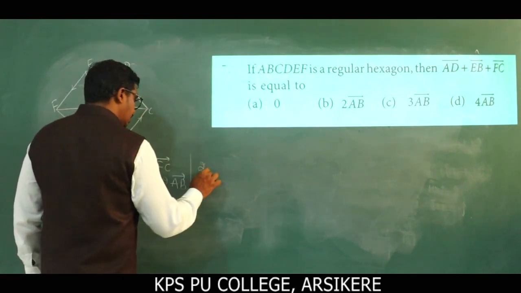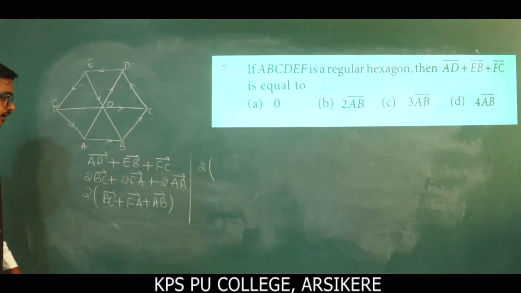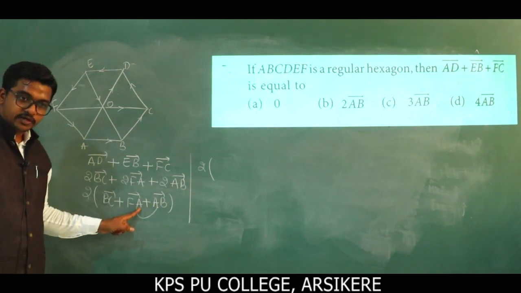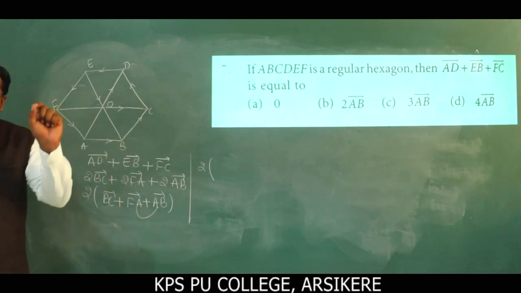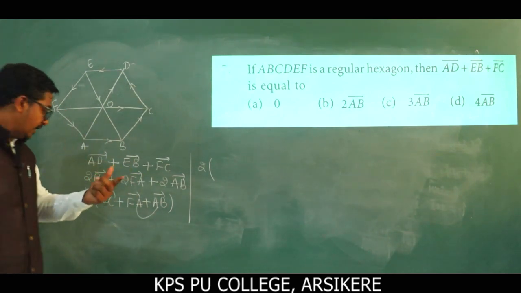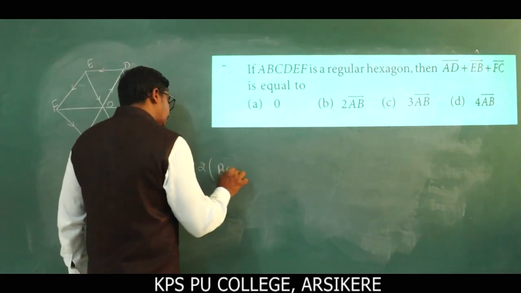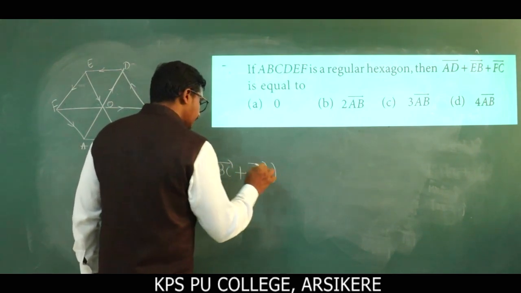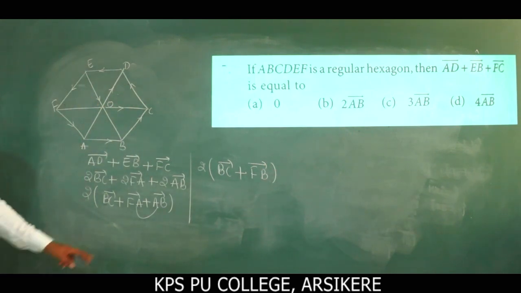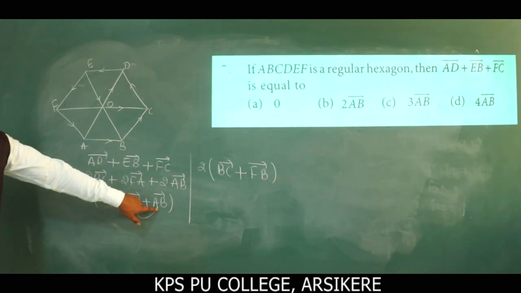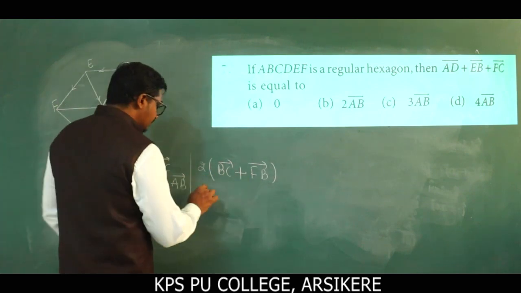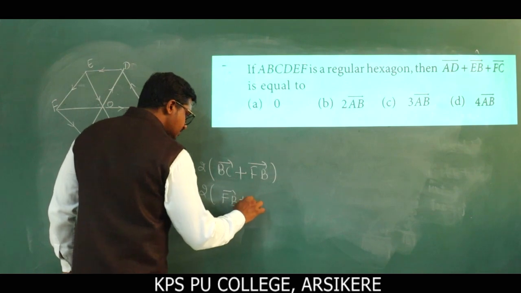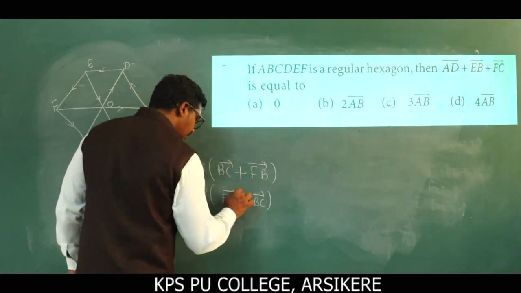So this is equal to 2 times of what we are, just observe here. If you observe carefully, these two vectors where the terminal point of the first vector and the initial point of the second vector are equal, they are coincident, then we can add these two vectors. So this becomes vector BC plus vector FB. Vector FB, we can add these two vectors. Okay, then if I rearrange this one, 2 times of FB plus vector BC.